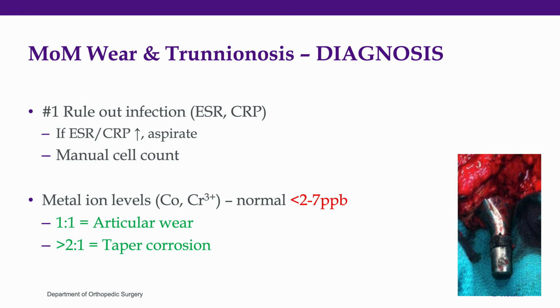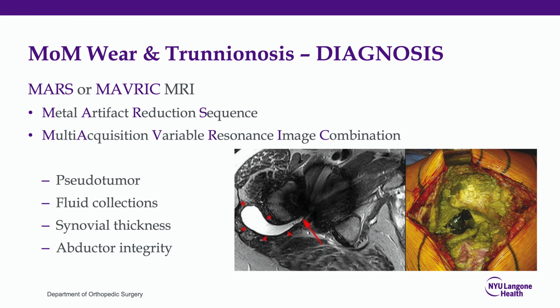The high ratios suggest taper corrosion, and the equal ratios suggest articular wear. An MRI is an important part of your evaluation of these metal issues. This is going to be a MARS MRI or a MAVRIC MRI. MARS stands for Metal Artifact Reduction Sequence, whereas MAVRIC is the newer version, and this is what's called a multi-acquisition variable resonance image combination. Regardless, these images will help you identify pseudotumors and fluid collections, which are perhaps the most